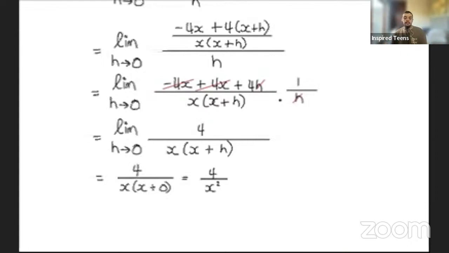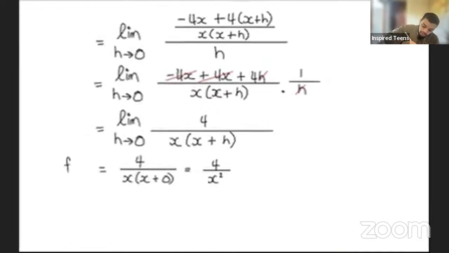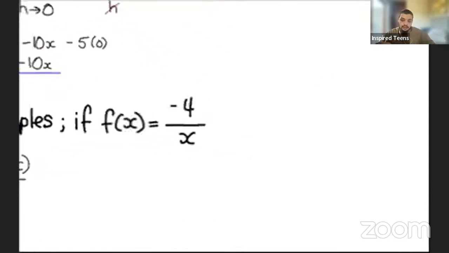Okay, so that is indeed the correct final answer. This is the first derivative function of f of x. We can confirm that answer, and I'll show you how by just deriving it. Another rule of deriving, you'll see it's called a differentiation rule, is that we cannot derive something